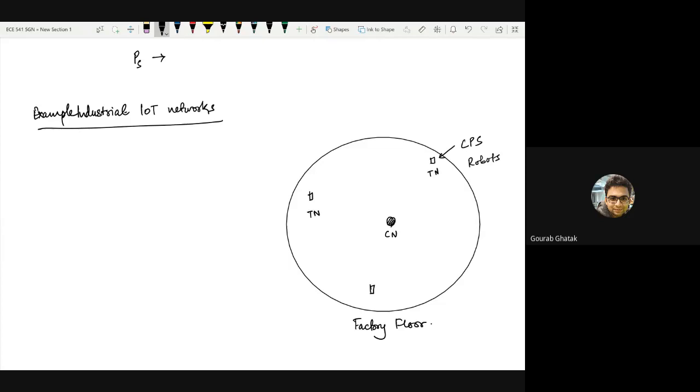The control nodes send out control signals to these terminal nodes, and this kind of information is of URLLC type. What it means is that within 1 millisecond, whatever the control node is trying to send to the terminal node can be very short packet transmissions, which say stop operation, or start operation, or change operation, which can be as low as a few bits of information. So within 1 millisecond, the terminal nodes have to successfully receive this packet from the controller node with a very high degree of reliability.